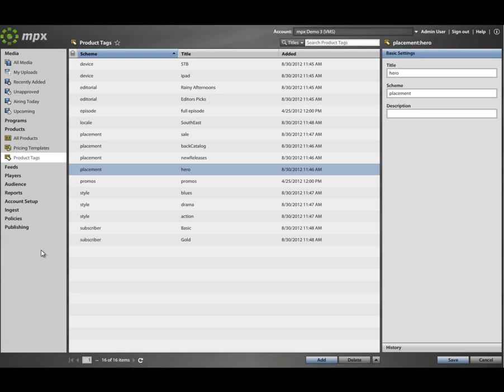I'm going to spend a few minutes and give you a guided tour of the MPX console so you can learn how the various objects inside the product data service are put together to create offerings for your storefront. Let's take a look at product tags. As you can see from the display here,